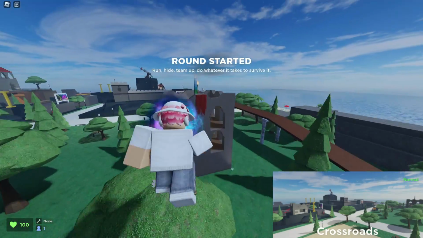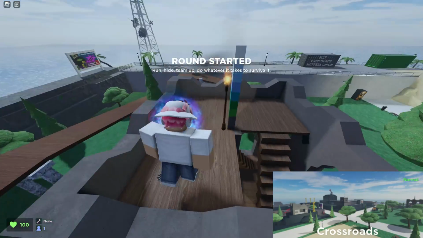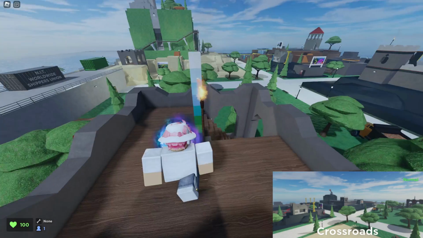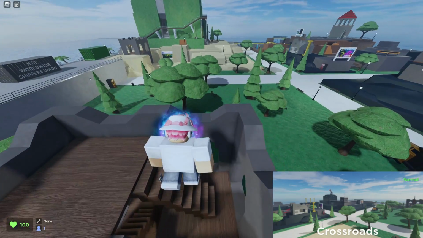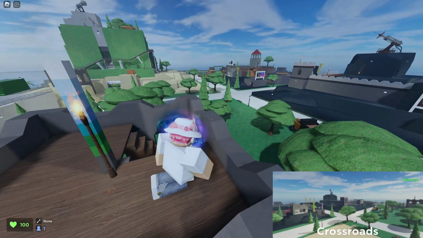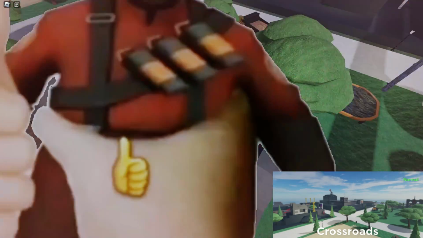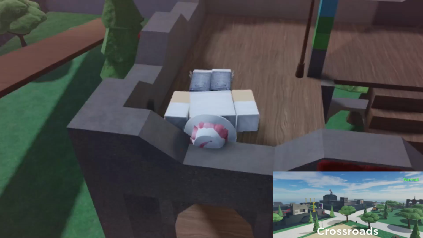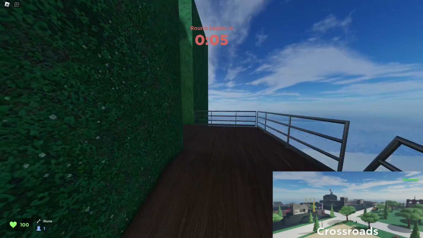Crossroads. I bet a lot of people are talking about this map because back in the day when Crossroads did first come out, you could trimp over to this middle sectioned area on Crossroads and you could sit up there, and the next spots couldn't actually spawn up there, but as you see in the video, the next spot spawned up there and did kill me, so this Crossroads area doesn't work anymore. However, you can still